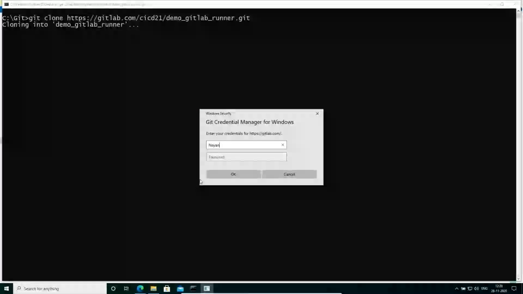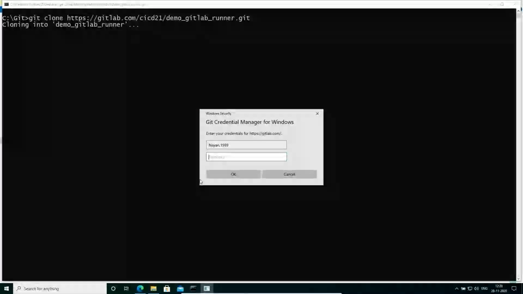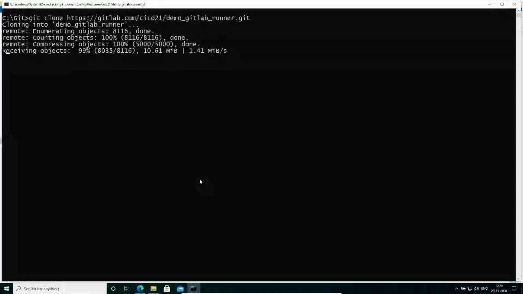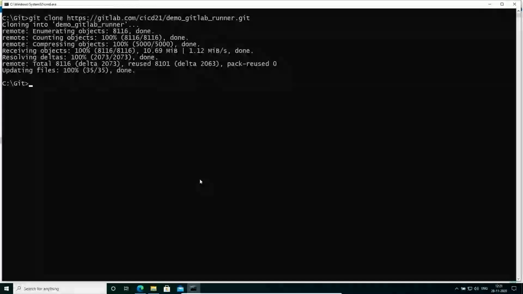So over here I will provide my credentials of GitLab. Okay, and once I have provided my credentials, they have been stored under credential manager. And now using those credentials, the system will clone the Git repository on my local machine. Once the Git repository has been cloned on my local